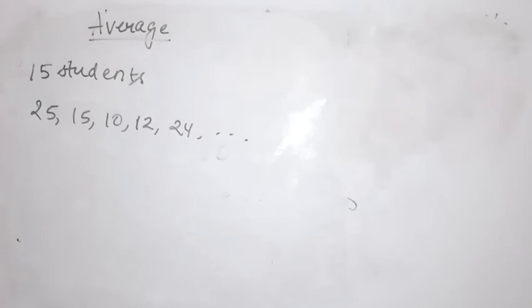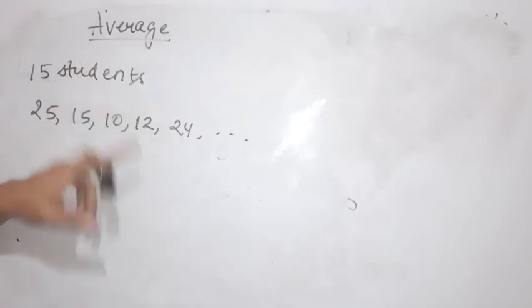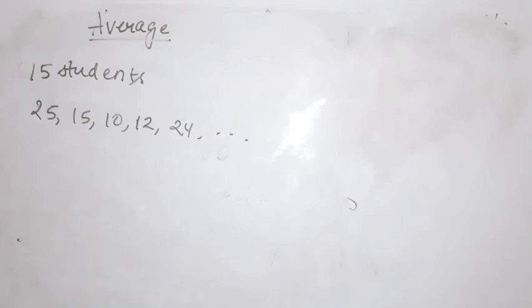So in order to find out the average score of the class, average score meaning the equal distribution of the scores, what will we do? We will take the sum of all the scores upon the number of students. And what is the formula? We can call it like this: